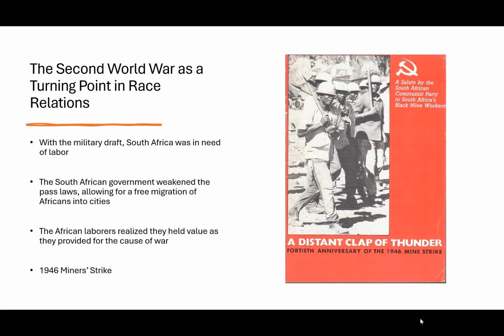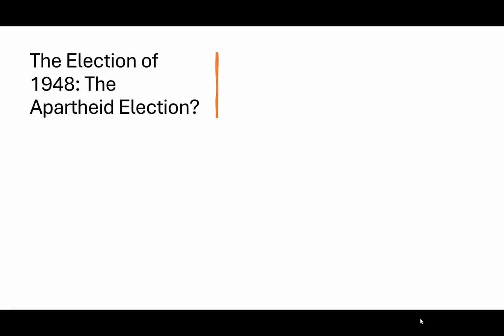And that begins to change the narrative. And this leads right to the election of 1948. Sometimes we call this the apartheid election. Albert Lutuli actually laughed when this was asked of him in the early 1960s and said, really, what was the difference? So again, kind of an interesting element. But for our class, we are going to identify it as the apartheid election